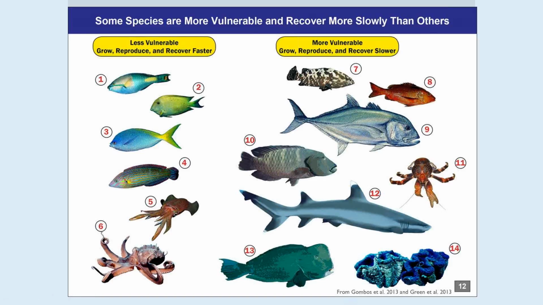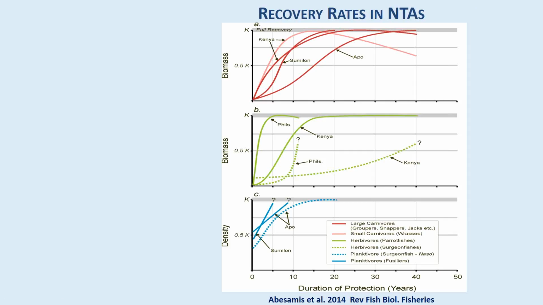Now, rather than going beyond this generic idea that's been around for a while, we decided to see if there was any empirical data that we can actually use to do this. So what we've done is we've looked at where is there the best long-term data for how long it takes fish to recover in no-take areas, and most of that came from Kenya, the work of Tim McClanahan and his colleagues, or from two places in the Philippines, in Apo and Sumilian Islands, through the work of Gary Russ and his colleagues. What you can see here is real data.